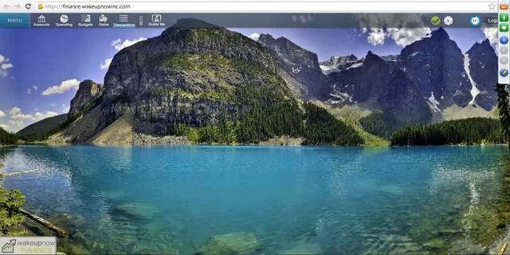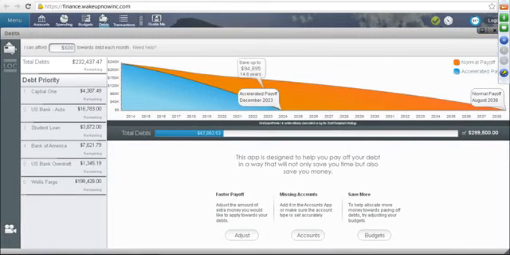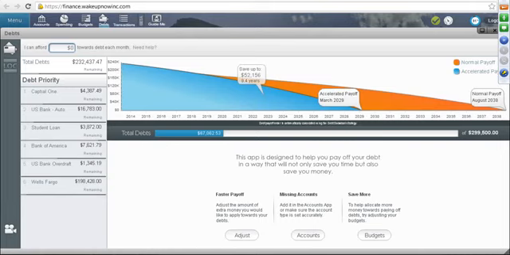But this piece right here is the most valuable, and myself and Ross Jardine have done a number of webinars that have shown the power of this software. Now I want you to understand what you're looking at here. If you look at the left, what it's going to do is list the total debts, and again, this is in America, about